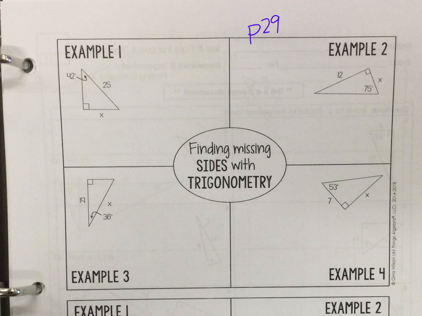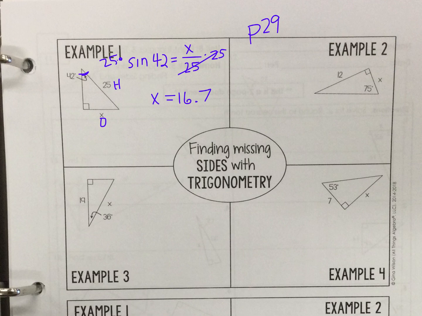Okay, this is page 29. We are just going to review all the things we've done with sine, cosine, and tangent so far. So in example 1 at the top, if I'm looking at that 42, this is my hypotenuse and this is my opposite. So I'm going to say the sine of 42 equals opposite over hypotenuse. The goal is to get the x alone, so I'm going to multiply both sides by 25. When I do that, I end up with x equals